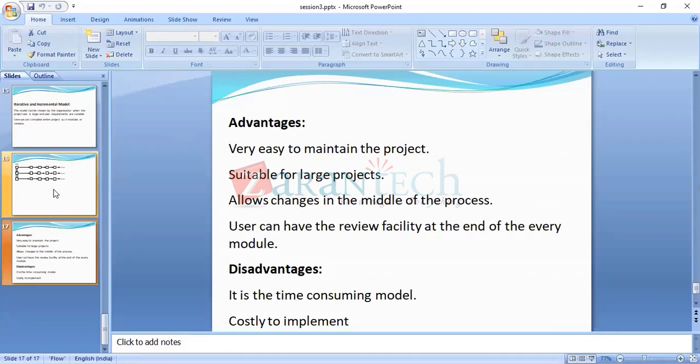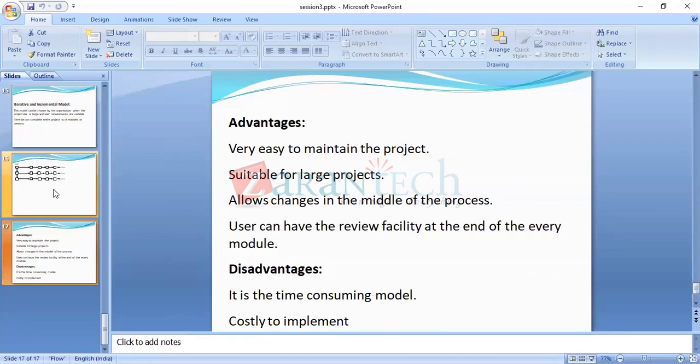This large project we are going to break into small modules. But overall, can we encounter the large project or not? It's suitable for large projects. You must agree for that.